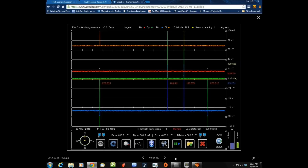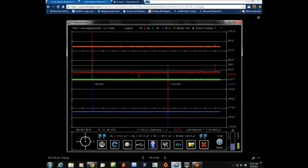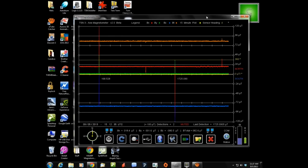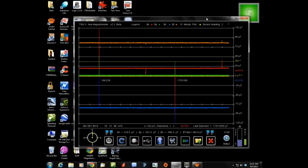I've always got this thing running. It automatically updates to the Dropbox. However, here's the actual app. I'll close the website for a minute. This is the actual app right here, and you can see more about it in the demo video. But this is a 15-minute long plot. Picked up 2 events here. Actually 4 events, but only 2 that